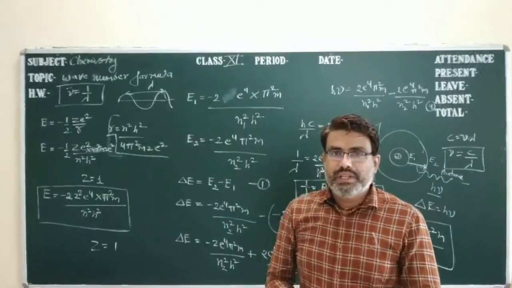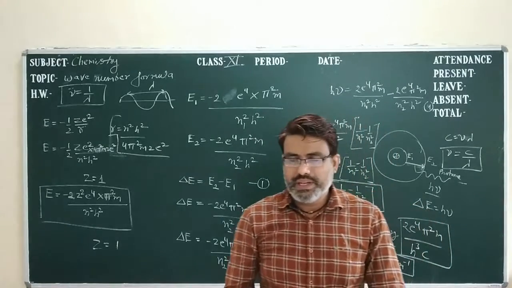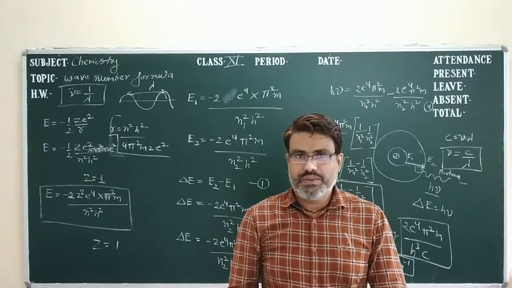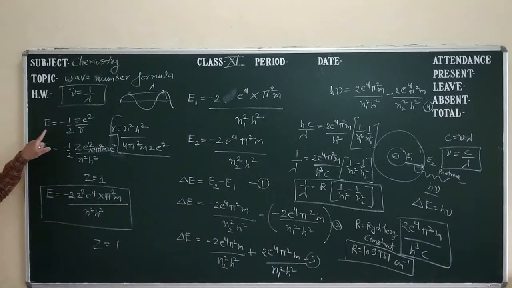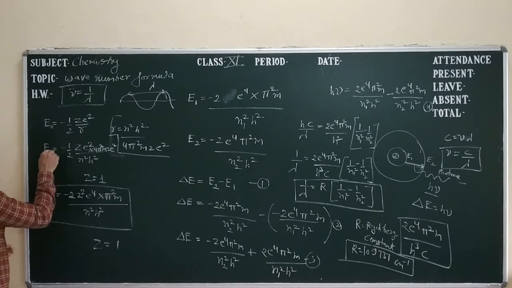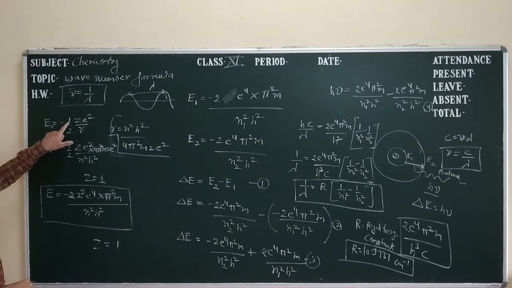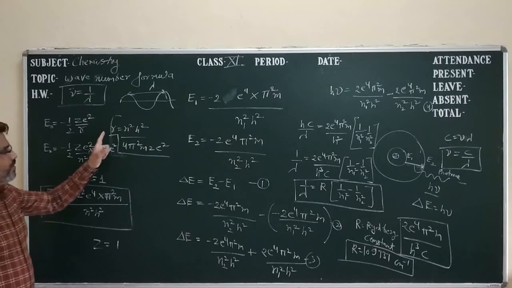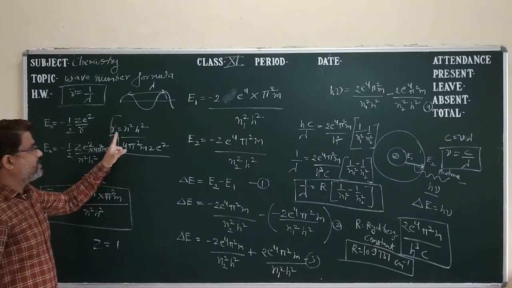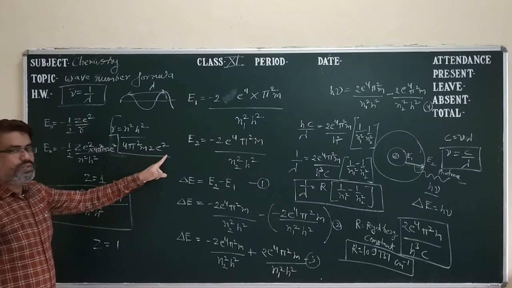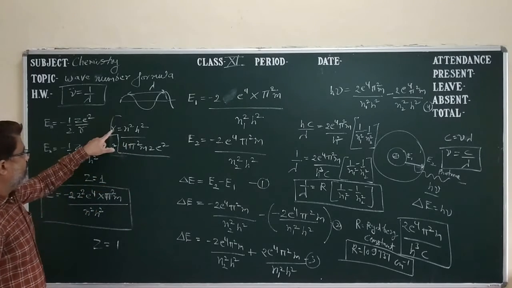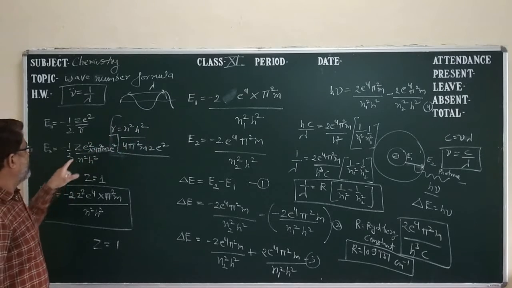In the previous period, we have derived the formula of the total energy of the electron. So, I am repeating it again. We have derived this formula. Remember, for the n shell, the energy En is equal to minus R Z square upon n square. And we also derived the formula of radius, that is r is equal to n square h square divided by 4 pi square m Z e square. So when we substitute this value of r in this formula,